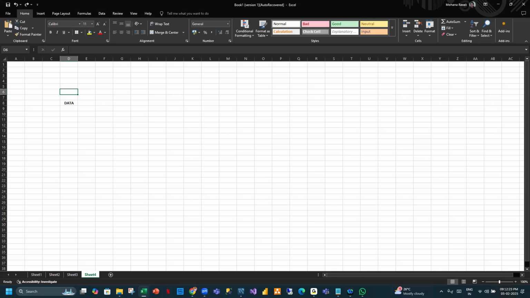I'll divide the data into three parts. First one is storage. Next one is size of data. And next one is contents of data. Got it? First one is storage. Next we have size and we have contents. What do you mean by contents? So what does the data contain?